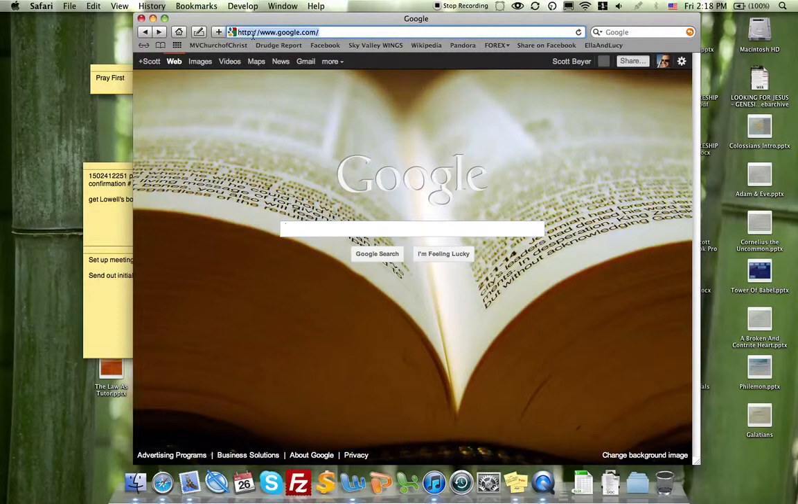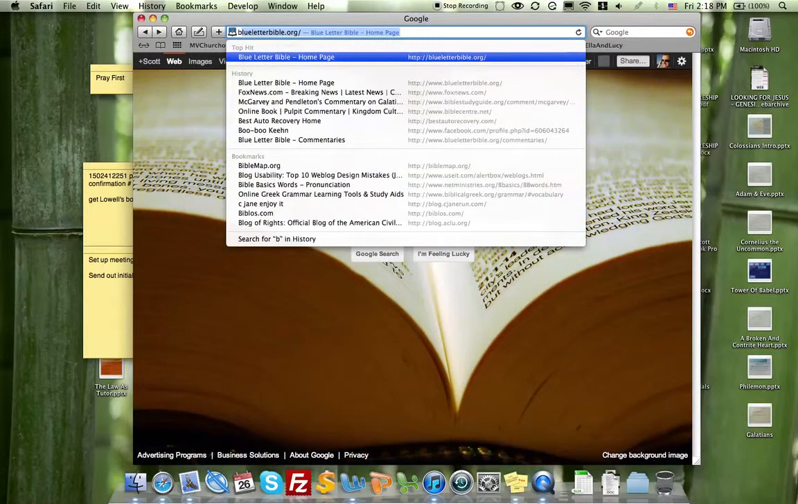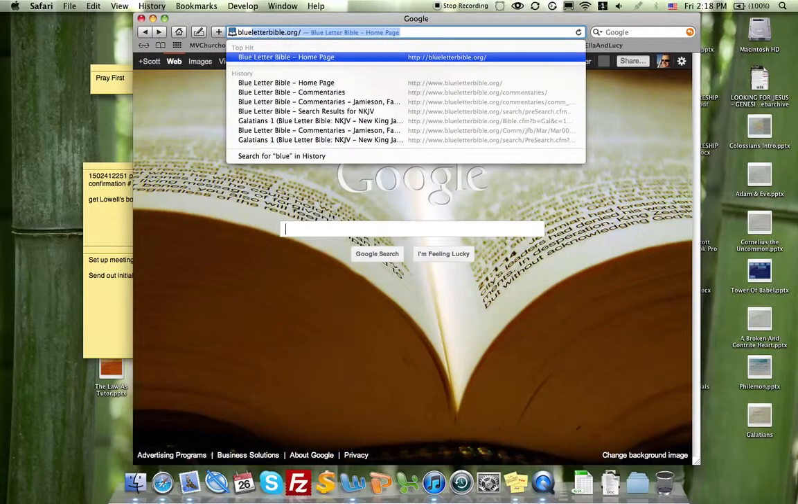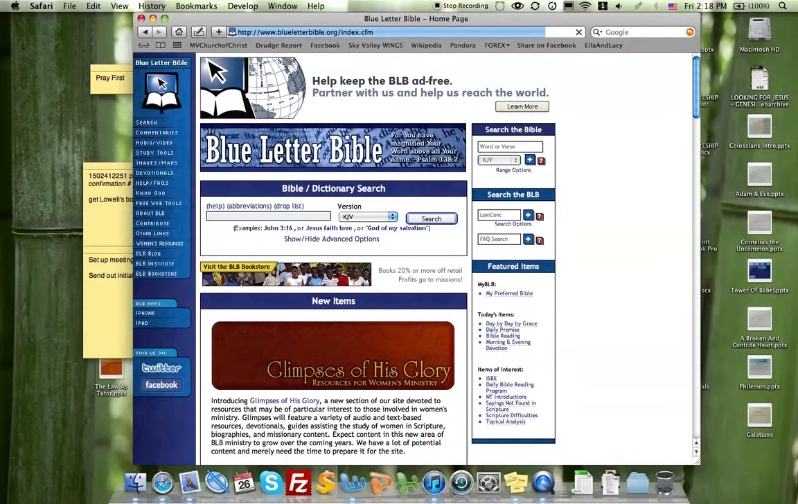And so what you're going to do is open your web browser, then go up to the web address bar at the top and type in the web address. For this website, it is Blue, B-L-U-E, Letter, L-E-T-T-E-R, Bible, B-I-B-L-E.org. When you do that, it'll bring you to this website. The most important part of the website, don't pay attention to all of the extra stuff around there for the time being. What I'd like you to do is just look at the search bar here right in the middle